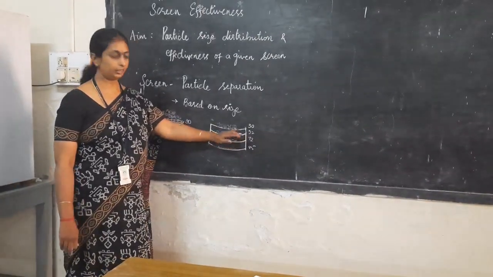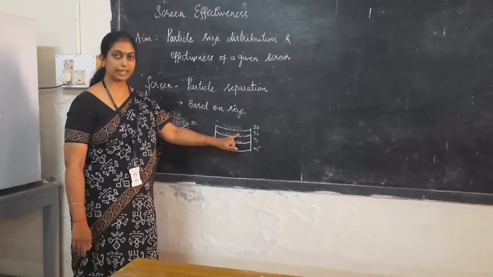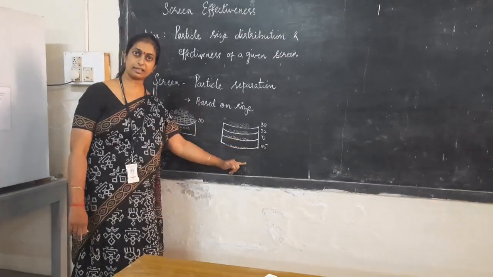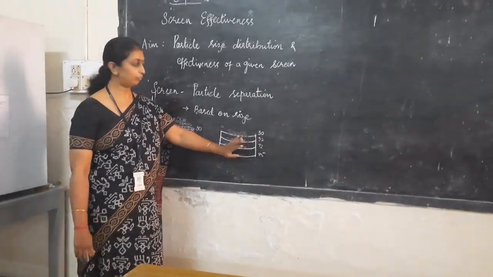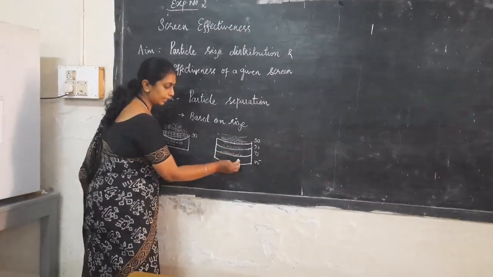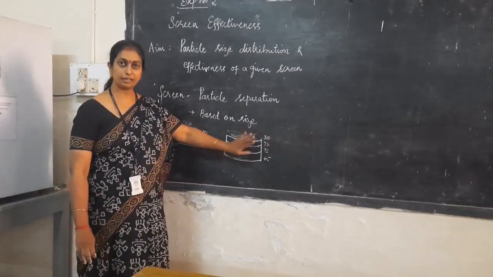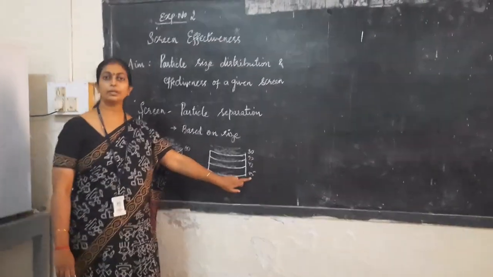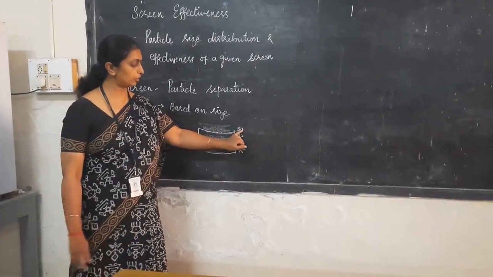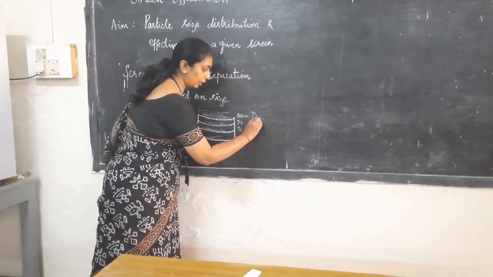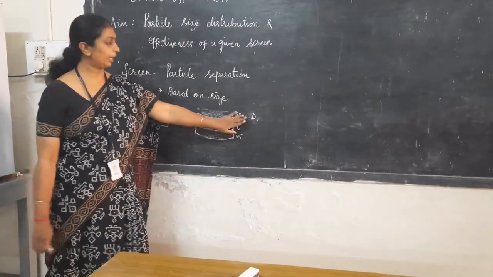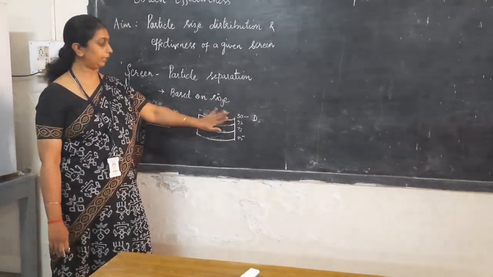Similarly, on this particular screen, particles larger than the opening of this screen get retained here, whereas the smaller particles move successively from here to the next screens, and so on. This is what we call particles being separated. So we have different fractions of material getting retained on each screen, which we classify depending on the mesh numbers of the screen. These are the mesh numbers written over here. Each of these mesh numbers has a defined diameter, or say opening of the screen, corresponding to which the particle size analysis can be done.